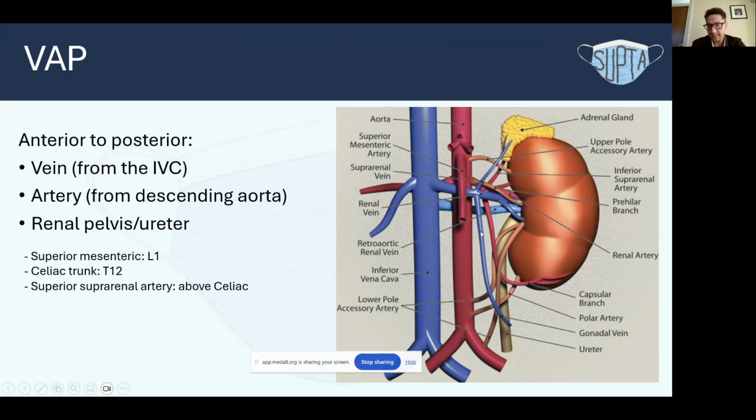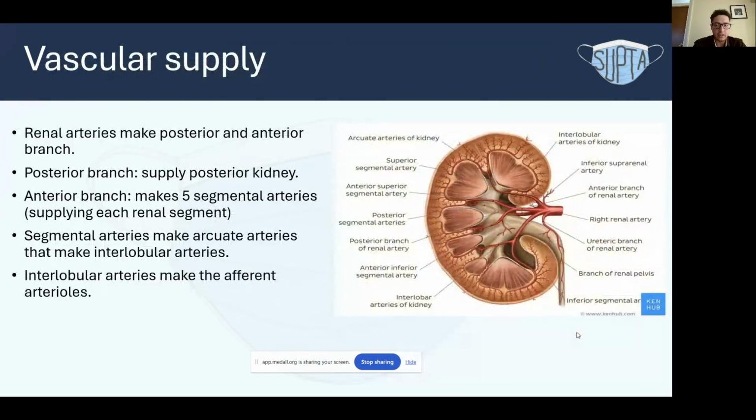Okay, here on the image, we can see this vein here, and this vein is called the gonadal vein. The gonadal vein is quite important, and there's a specific slide for that in a minute, and we'll discuss it. So the vascular supply of the kidney itself: after the renal artery exits the aorta,